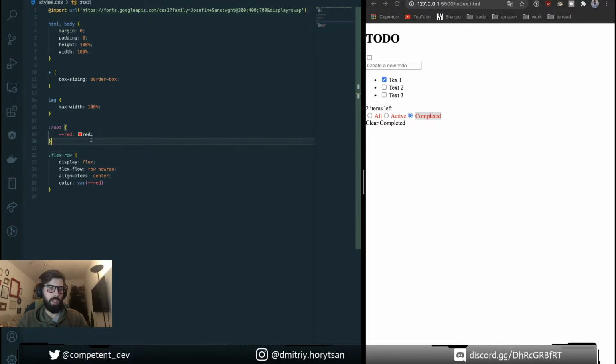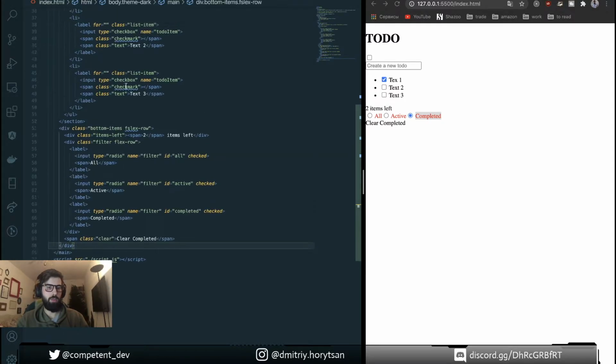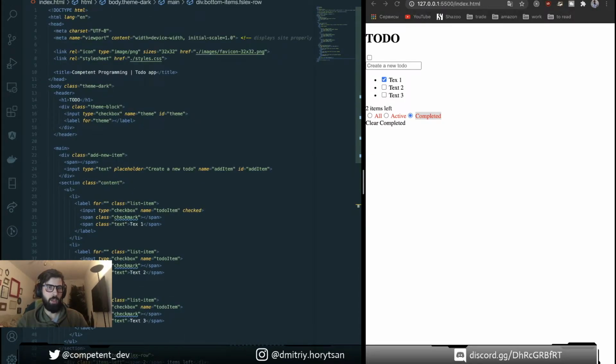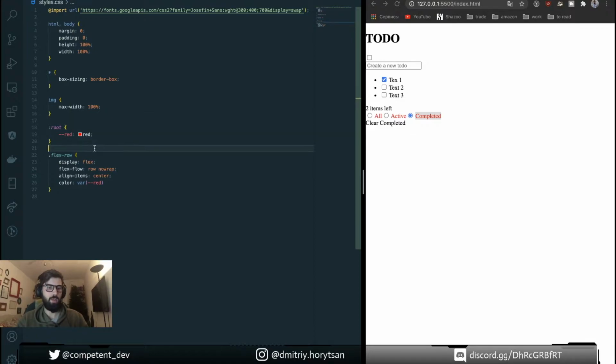The place where you define the variable defines the scope of usage. Usually they define it in root, but in our case we're gonna define them in our classes, then we're gonna put them on our body, because we have different styles for different themes.